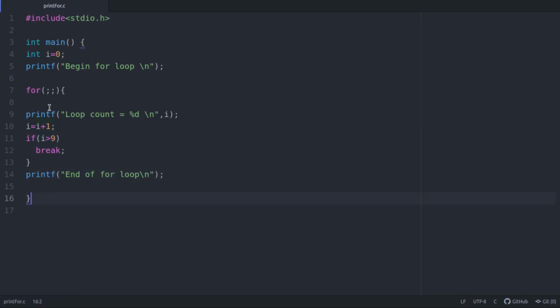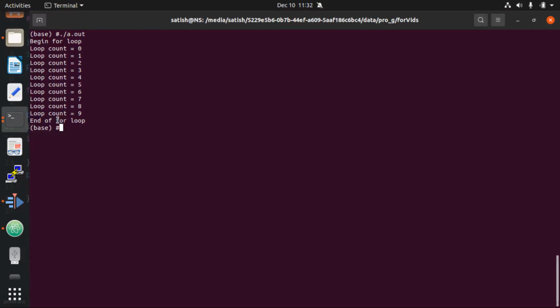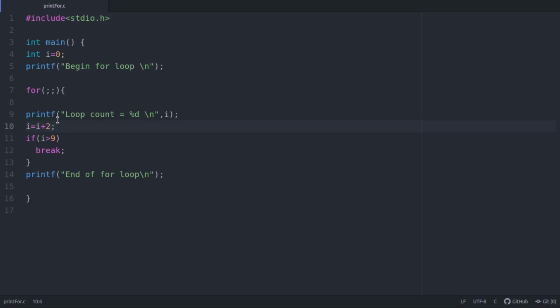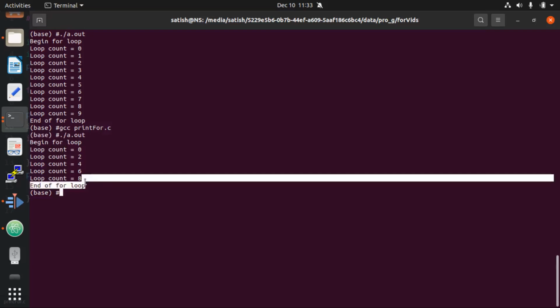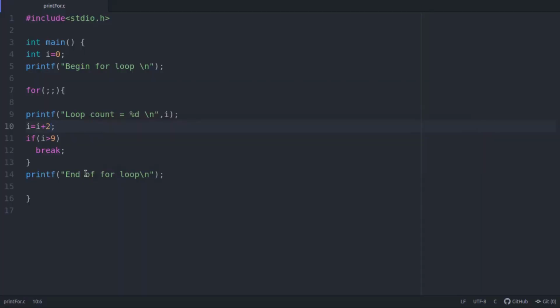And that is how you can implement the for loop in different ways. Have initialization outside somewhere, have the condition somewhere else, have the increment somewhere else, and the increment need not always be 1. You can have increment of 2, you can have increment of 3, anything is okay, right? So now we have given increment of 2 here. If you run that, you'll see only even numbers printed, 0 2 4 6 8, and it stops from there, right? So that's how this keeps going.